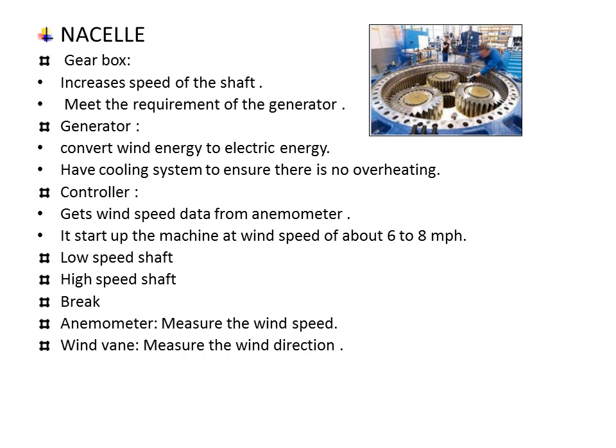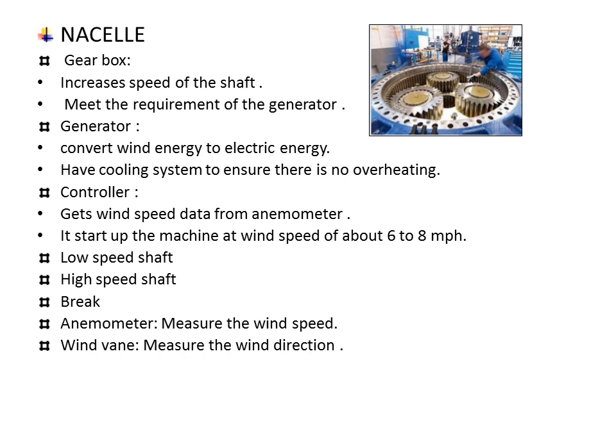The next one is low speed shaft. Low speed shaft is connected between the blade hub and the input to the gearbox. It rotates at low speed, so we call it a low speed shaft. The next one is high speed shaft. High speed shaft is connected between the gearbox output and the generator input. It rotates at high speed.